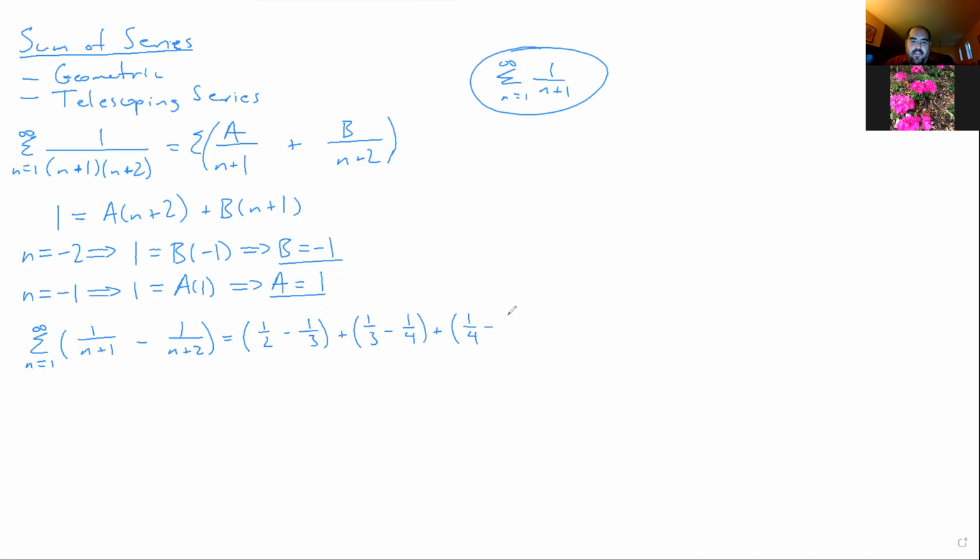What do we notice as I'm writing these terms out? Everything cancels except the first term. Everything's going to cancel except the first term. So let me just, for some generic n,